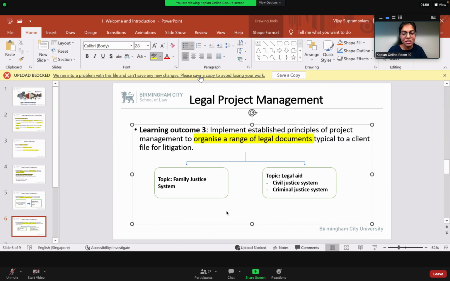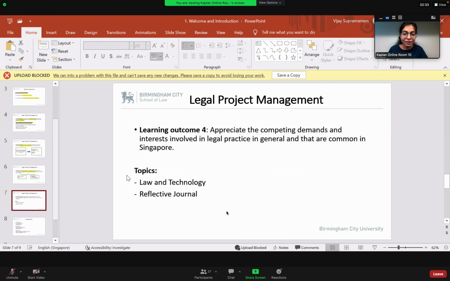So for instance, when we speak of legal documents, can you imagine if you would like to sue a defendant in the court, there are a lot of documents that you need to prepare as a lawyer. But of course, in truth, the lawyers will not prepare these documents. These documents are prepared by paralegals. But nonetheless, as a law student, you must be familiar with these documents. For example, you need to have a writ, you must have a statement of claim, there must be a statement of demands. All right, so these documents must be prepared basically, okay?